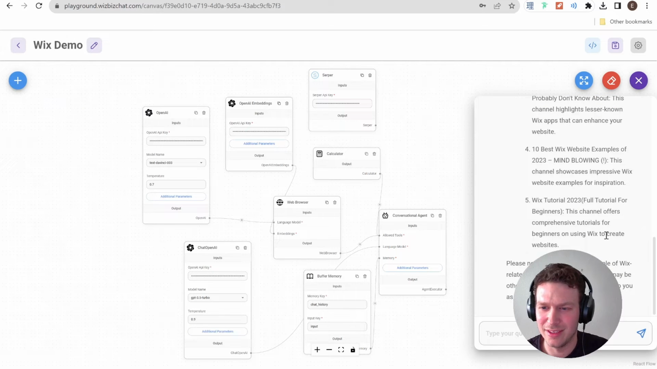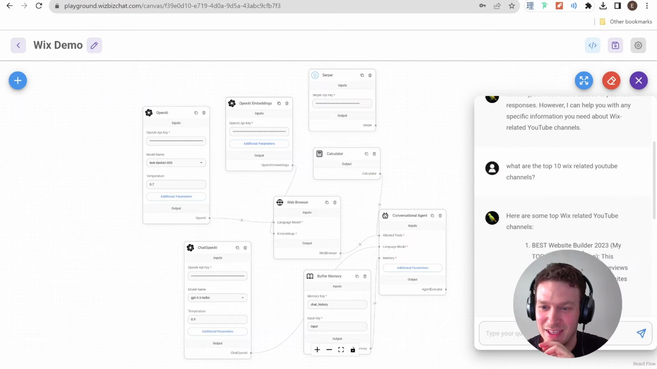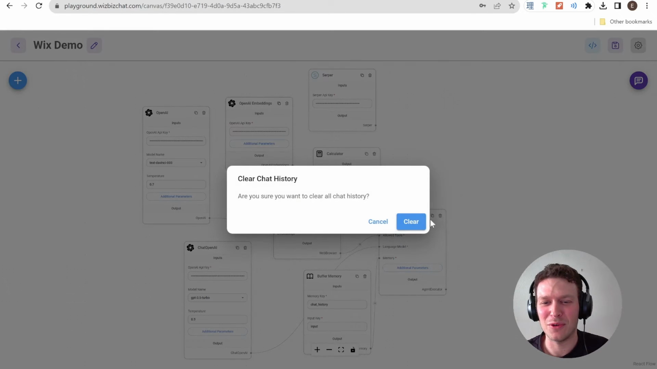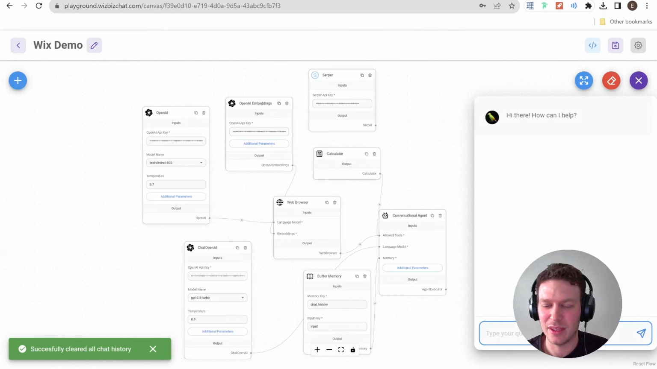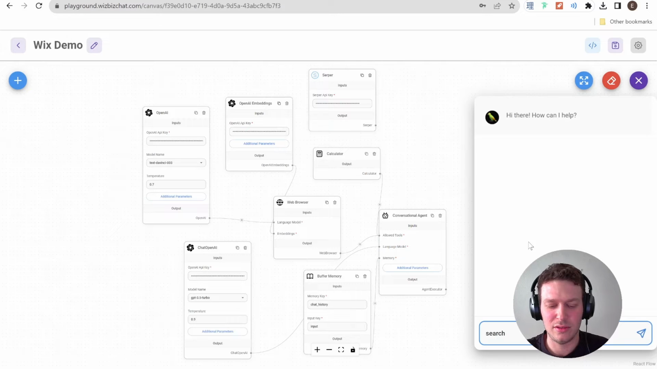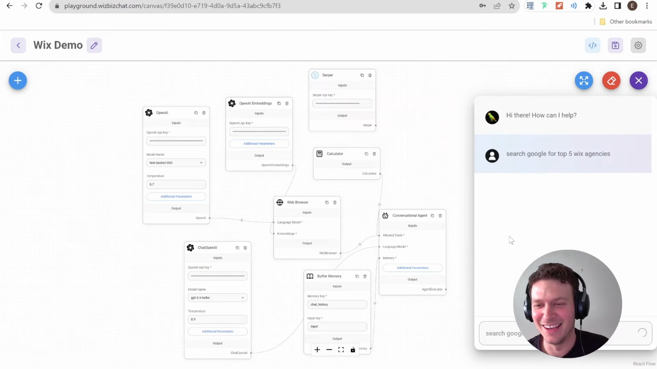Yeah, so it did give some examples of YouTube tutorials, not channels. Let's see if I could force it to do the Serper search. Let's see. Search Google for top 5 Wix agencies. I don't expect to be on them, but let's see. I'm really just trying to force it to use Serper because basically,